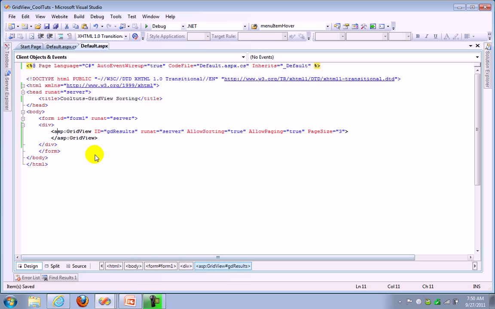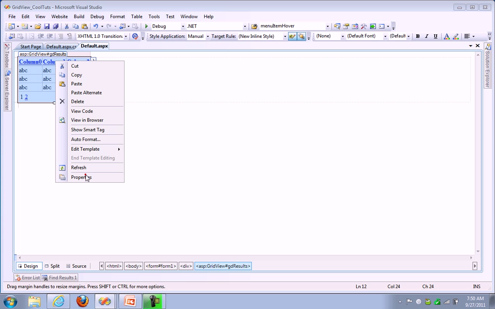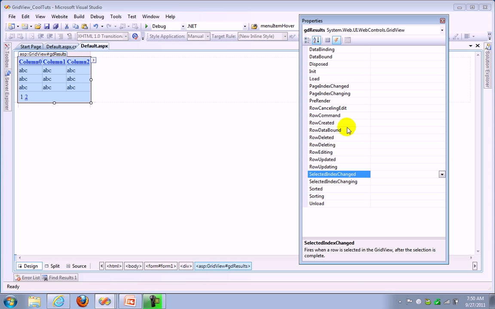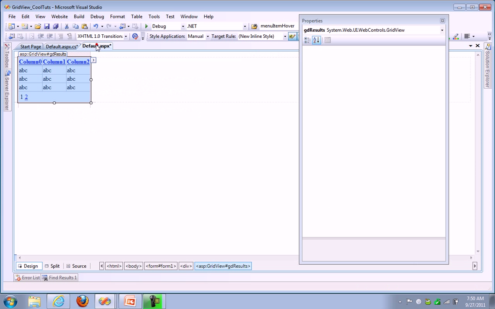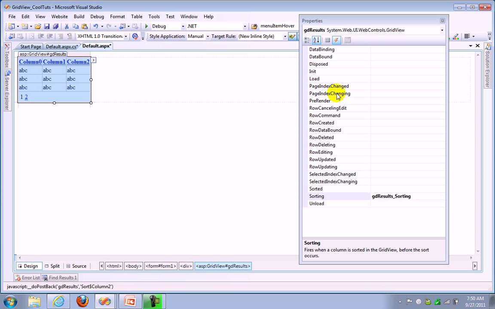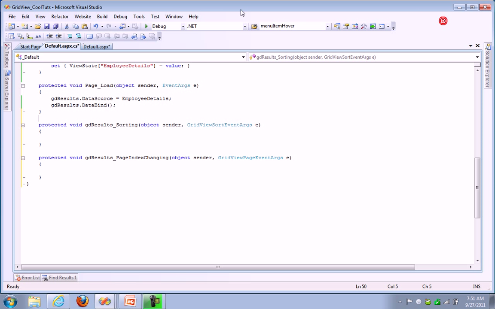So let's go to design and go to properties. Go to events and you will see sorting, and we also need page index changing, right? So let's have both here. So when you run your program now,